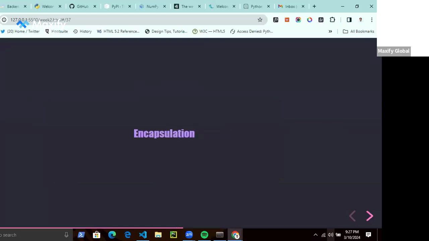Now, I want to talk about quickly another strong point when it comes to object-oriented programming, which is encapsulation. Encapsulation is the bundling of data and methods that operate on the data, okay, in a single unit. That is a class. It restricts access to some of the object components and prevents direct modification. Let me explain what this means. Encapsulation essentially, let me give this analogy.